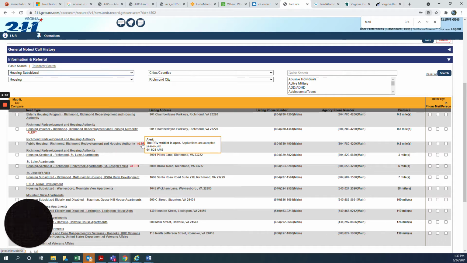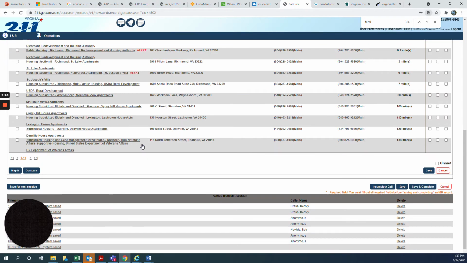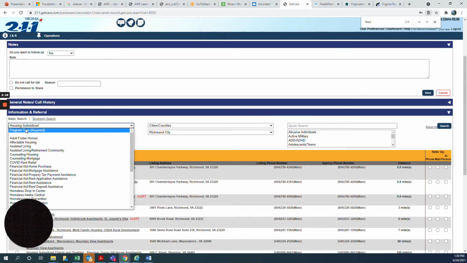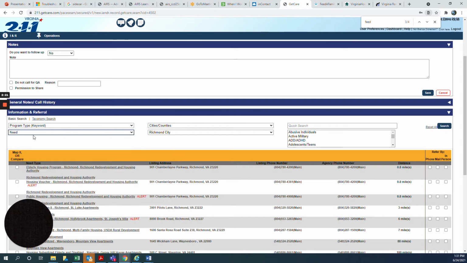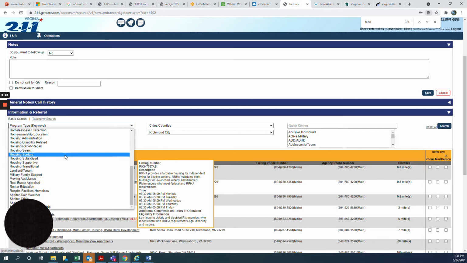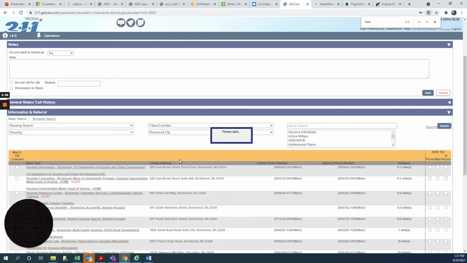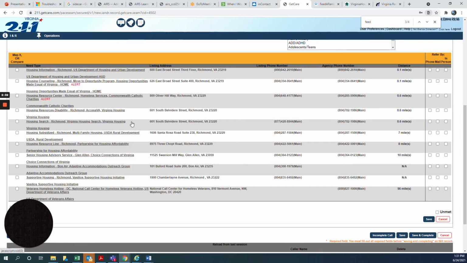But the main reason I'm talking about housing is specifically the housing search website. So you can provide them with the public housing authority to apply for private or public housing. You can also provide them with the housing search website. The way you would find that information is just going to housing, then scrolling down and looking for housing search. The main reason I want to talk about this is that a lot of us know about the housing search website, but sometimes we forget that it can go the other way.